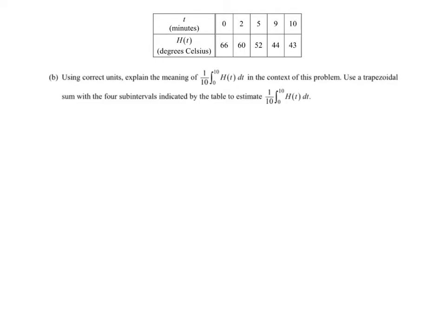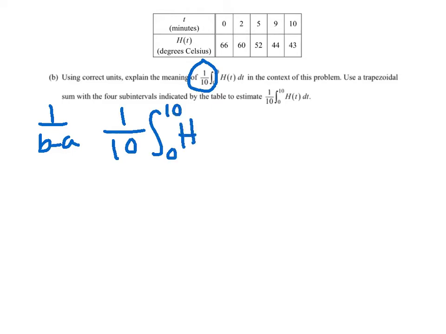Part B. Using correct units, explain the meaning of this integral in the context of the problem. Then, use a trapezoidal sum with 4 subintervals indicated by the table to estimate that value. So, hopefully you caught this 1 over 10. When you see that number out front, what word has to pop in your head? What formula has that 1 over b minus a in front of it? So hopefully you've decided to say the integral from 0 to 10 of h of t dt indicates